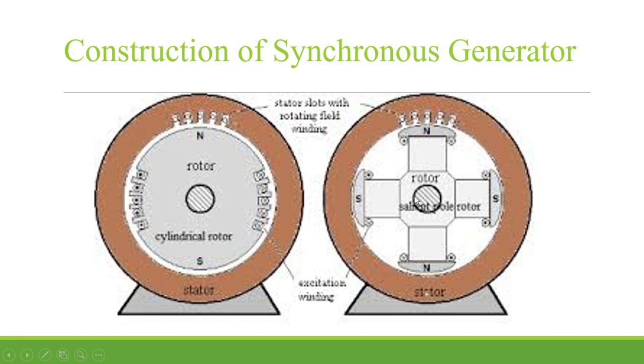Now this salient pole is used where we need a large horizontal diameter compared to the shorter axial length, meaning diameter wise it will be larger and length wise it would be shorter. And these pole shoes will be covering 2/3 of the pole pitch, and all the poles are laminated in order to reduce eddy current loss. Wherever we are providing lamination, it is in order to reduce the eddy current loss.